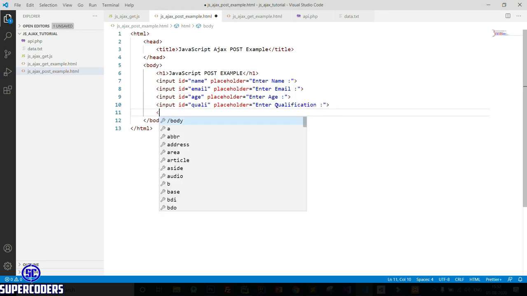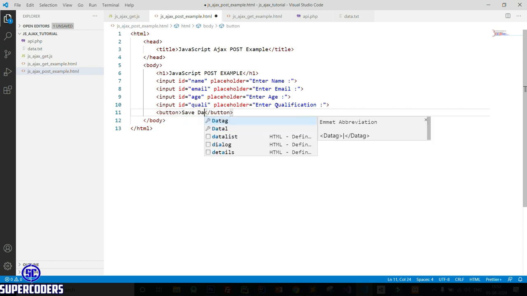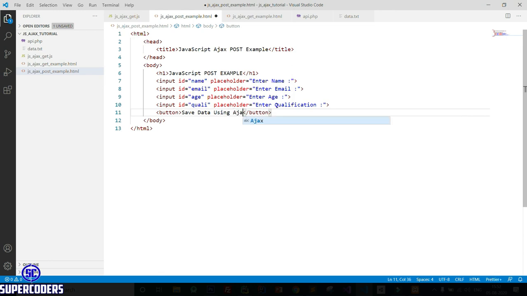Then add a button, save data using Ajax, id equal to save data, br and hr, save it.